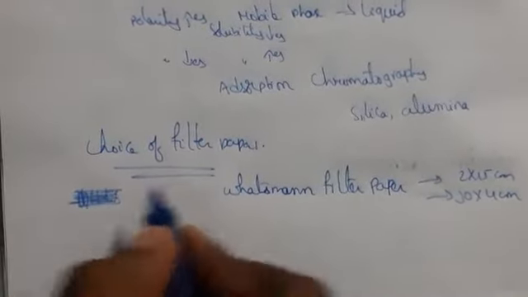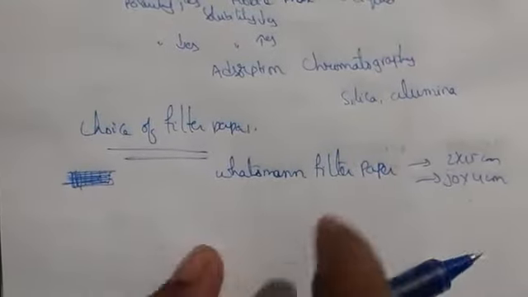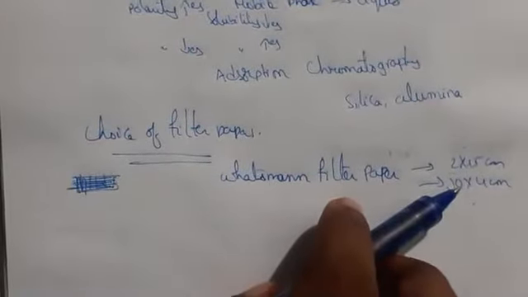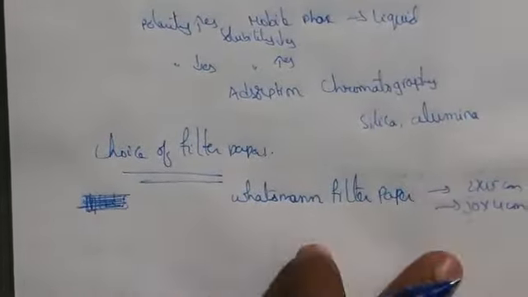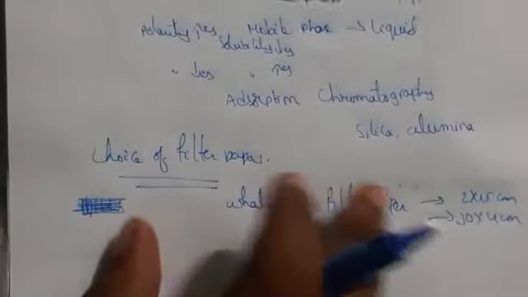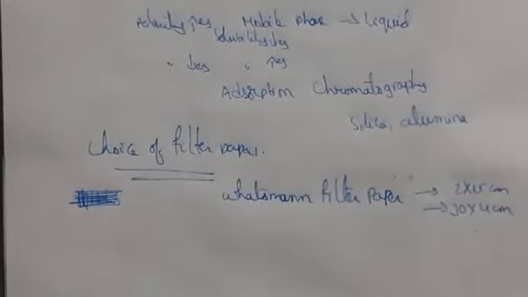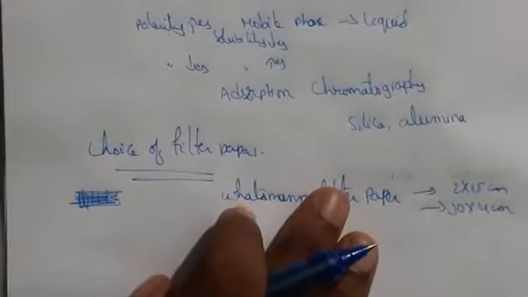So the size of these pores, maybe we can take it in 2 into 15 size or 30 into 40 size, 4 size we can take it, the Whatman filter paper. In different types, the paper depends upon the type of separation only. Whatever filter paper you are taking here depends upon the type of separation. Here Whatman filter paper is commonly used for chromatography only.